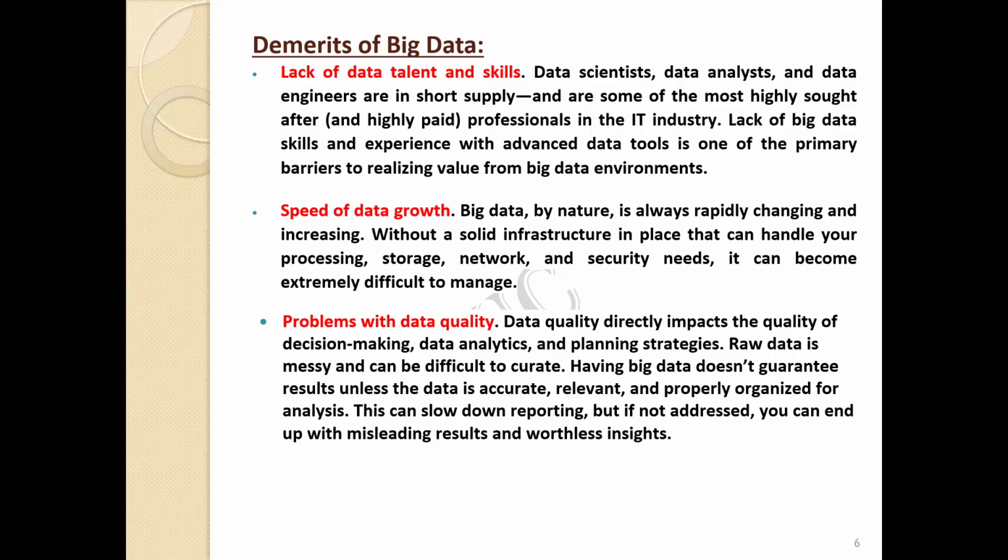Next one is speed of data growth. When it comes to big data, the data collection will be in large amounts, as I said, in petabytes or terabytes, right? So we need to manage the data with proper care, and it should be stored and secured properly.